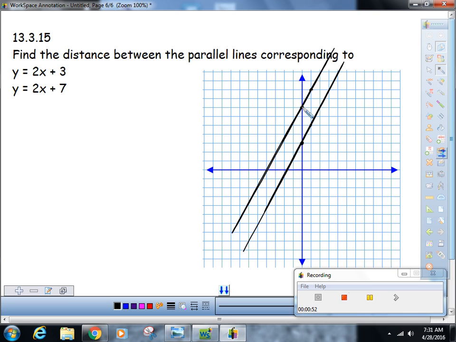So, here's what you've got to do. You've got to find a point. Let's start with this point, (0, 3). I've got to find a line that's perpendicular to this line that contains that point. So if I just sketch that line,